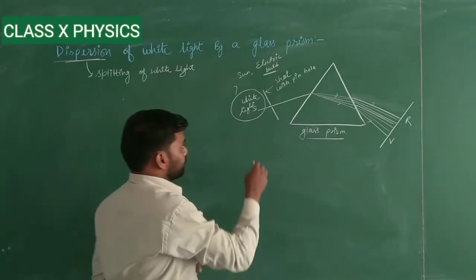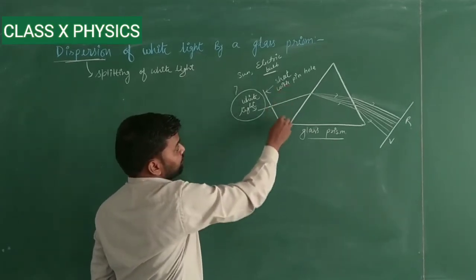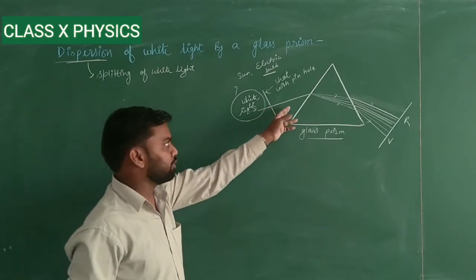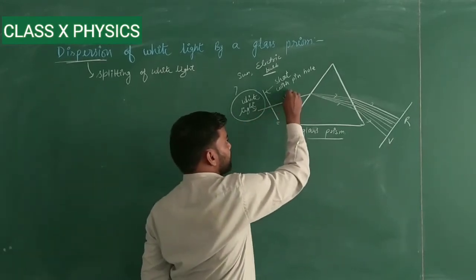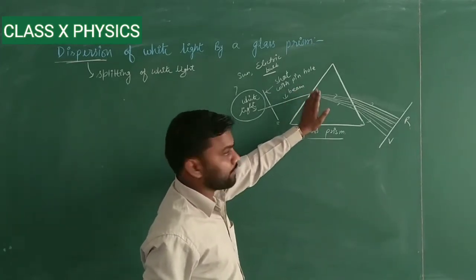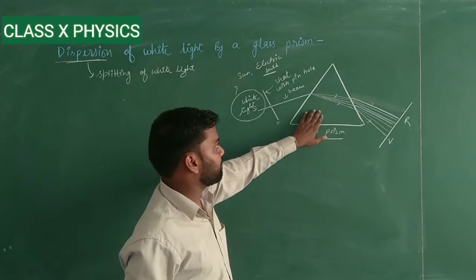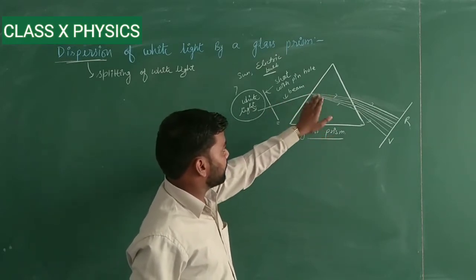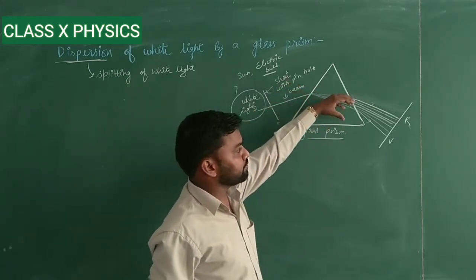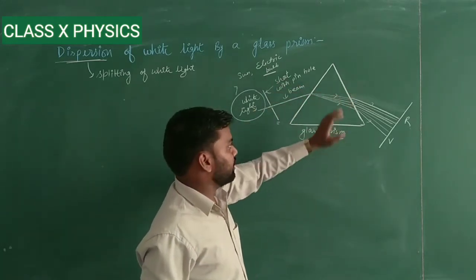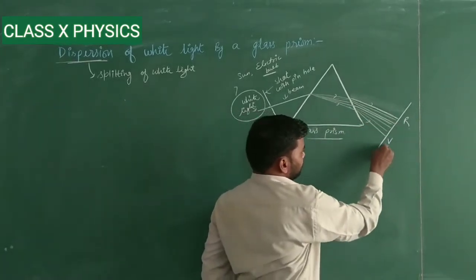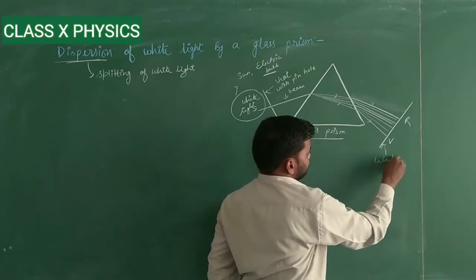Okay students, here we will take a sheet with a pinhole, so that white light comes through this pinhole as a small narrow beam. When this light ray strikes one face of the glass prism, what will happen in this case? It will refract at this point. It will split up into different colors, and those different colors can be obtained on this white screen.